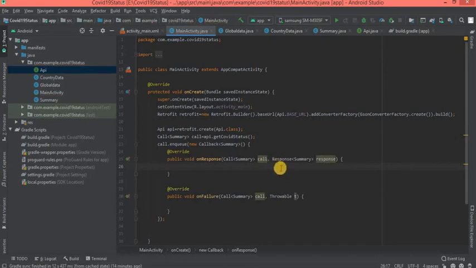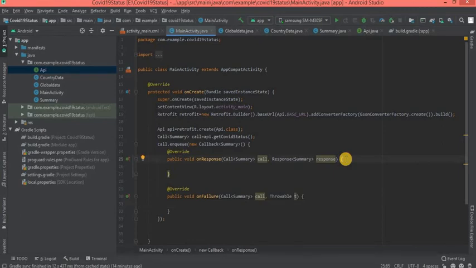If we get the correct response, this onResponse function will execute, and if there is any failure in communicating with the web server, this onFailure function will execute.